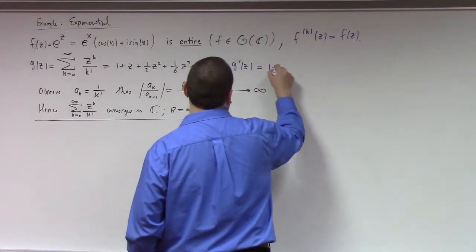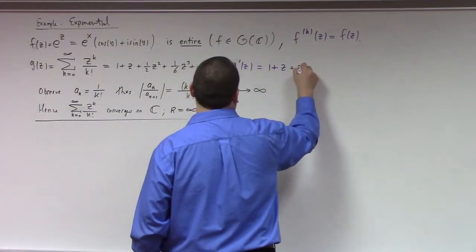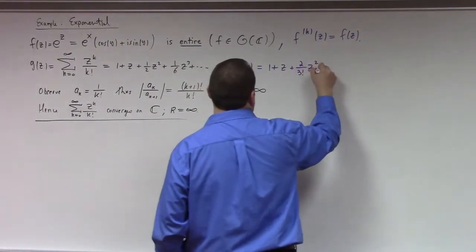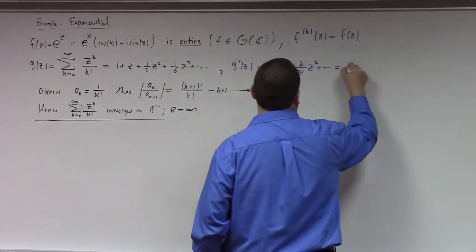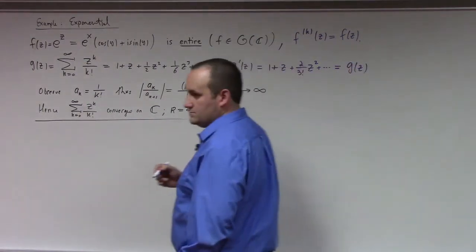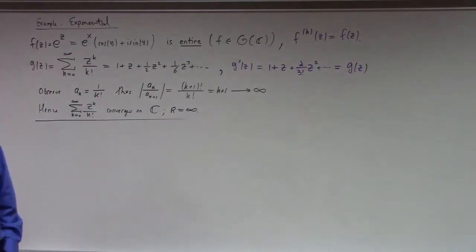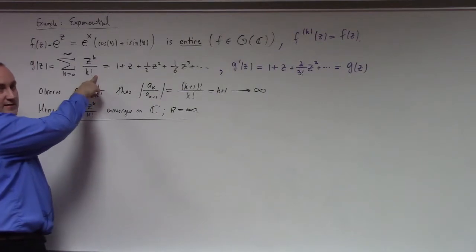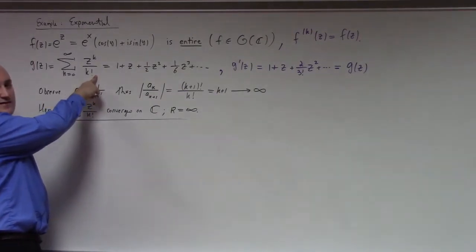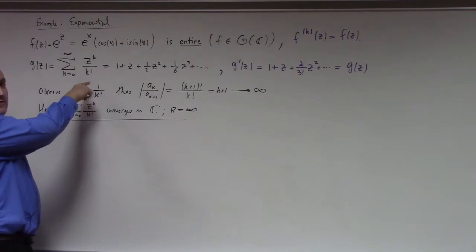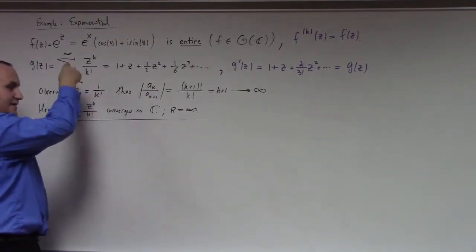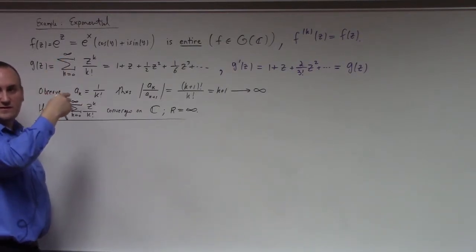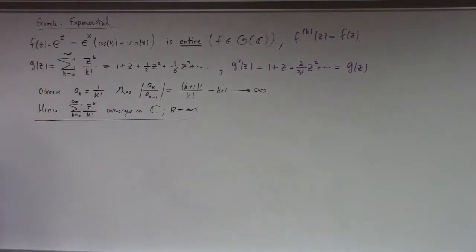1 plus z plus 1/2, well, 2 over 3 factorial z squared plus and so on, right? In other words, it's g of z again. Or I could be more careful and do this. If you differentiate z to the k over k factorial with respect to z, you get k times z to the k minus 1. But k over k factorial is 1 over k minus 1 factorial, so we get z to the k minus 1 over k minus 1 factorial. The k equals 0 term is 0. We restart the summation at k equals 1, and we get back the exponential series,